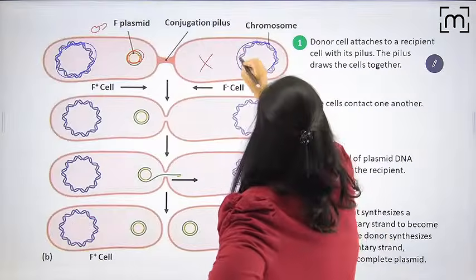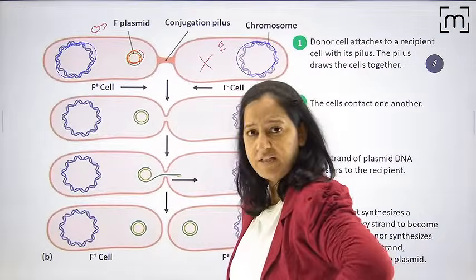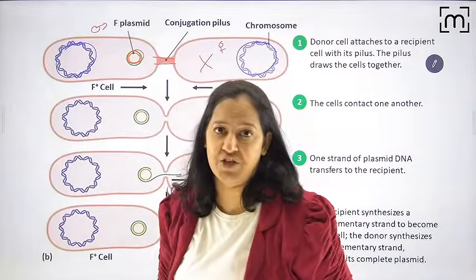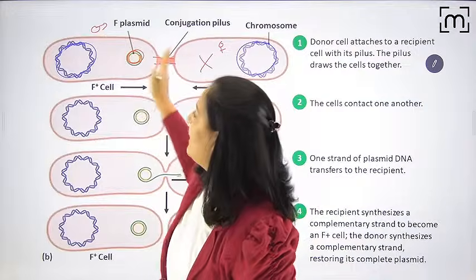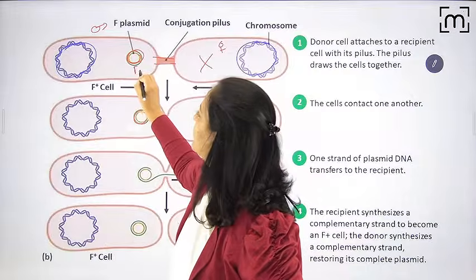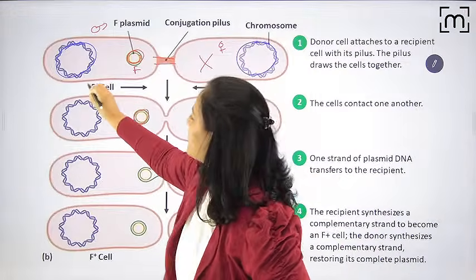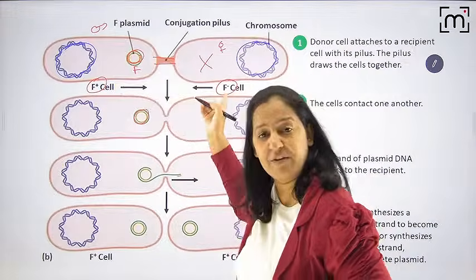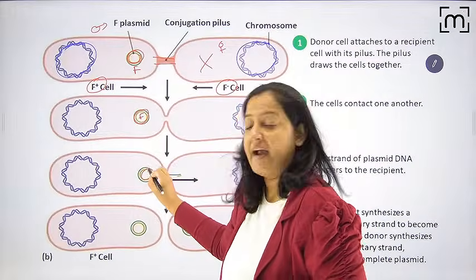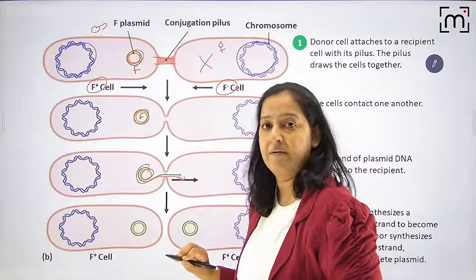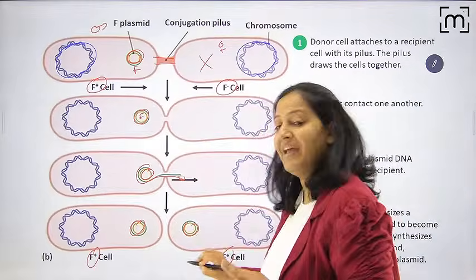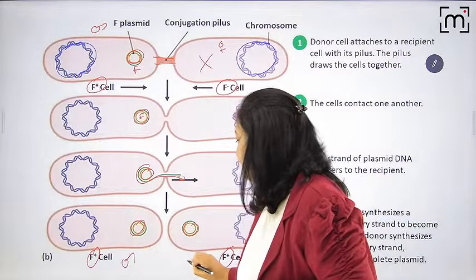Got it? They are coming physically closer. They are making a tube between them. They are performing sexduction. Once they start, one is male, one is female. The male will duplicate the F plasmid. Here F plasmid is present, there it is absent. This is F positive, this is F negative. This is male, this is female. Now the F plasmid will get duplicated. One copy is kept here and the other copy is transferred to the second bacteria. Now both have F plasmid, so both become F positive. In other words, both become male.